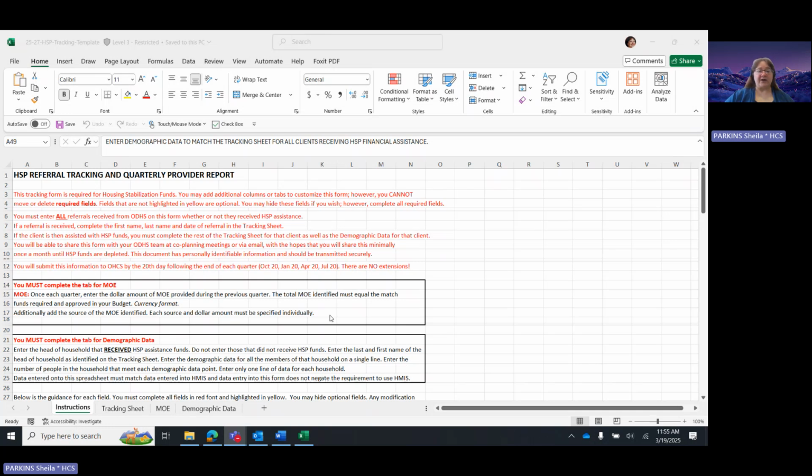The tracking is required for all housing stabilization funds that are used. You can also add additional columns and tabs to customize the form, and I'll cover that a little bit when we get to the tracking sheet tab. But you cannot move or delete any required fields. The required fields are all highlighted in yellow, and those are the fields that you will be required to complete